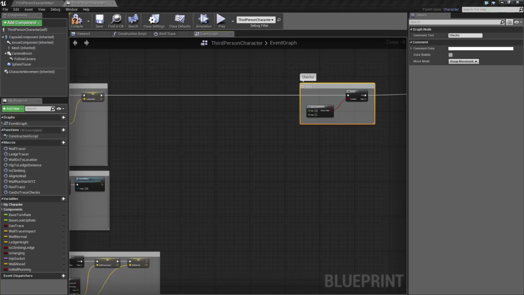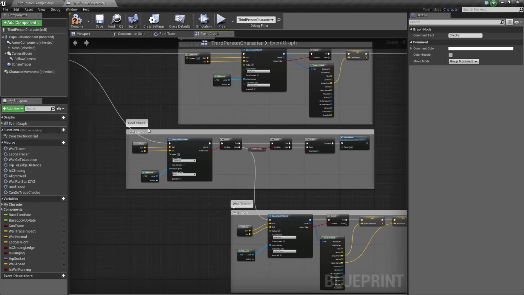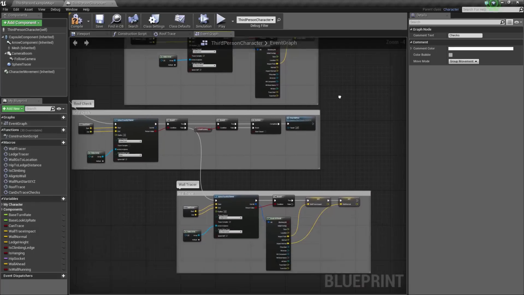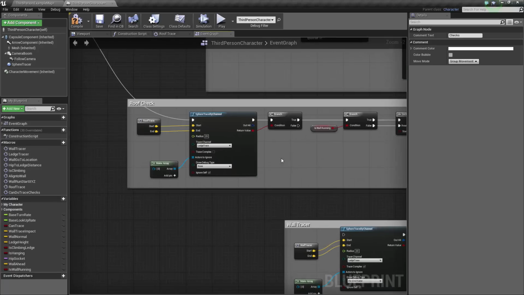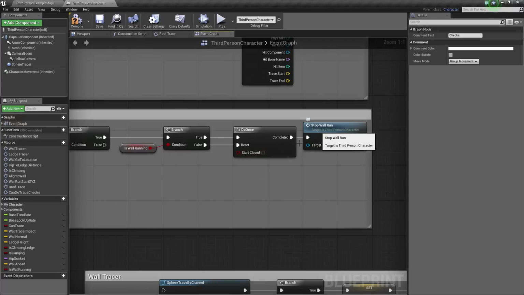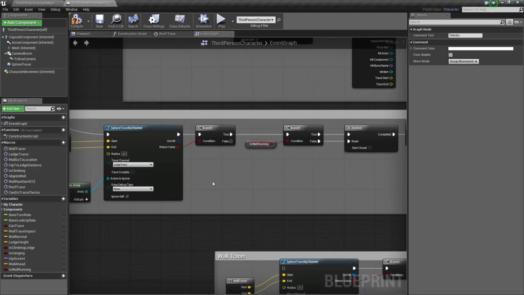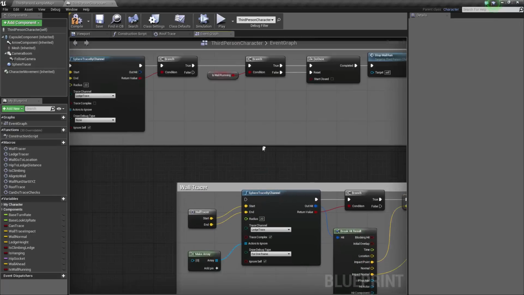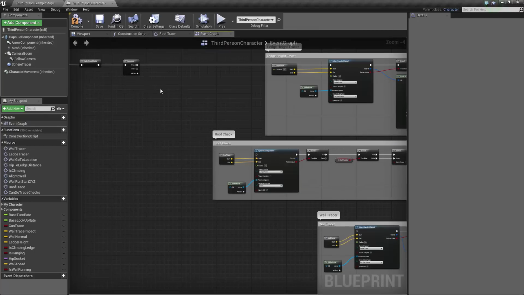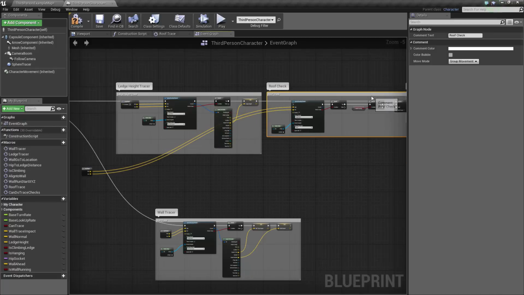Okay, and then before we do the checks, let's just make sure. This roof check I'm going to move up here, so I'm going to plug it out of this section. We did this roof check where it executes the stop wall run, and then when it's not hitting something, it goes to the wall tracer. So I'm going to plug the wall tracer directly into the sequence, and I'm going to slot this roof check in front of